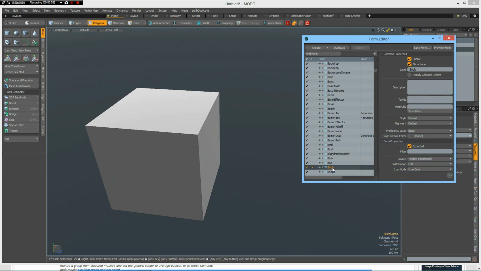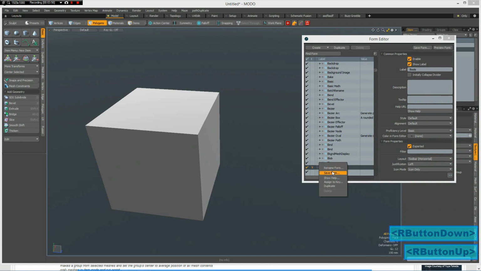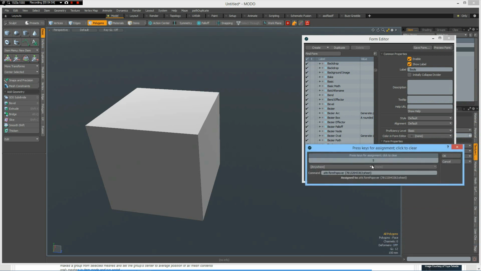Now you can right click on it, and then you get this pop-up, and you can assign to a key. And as you can see, I assigned it to the S key because the S key is not used in the model layout. So when you have done this,